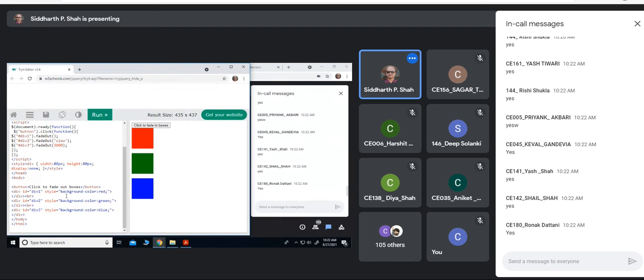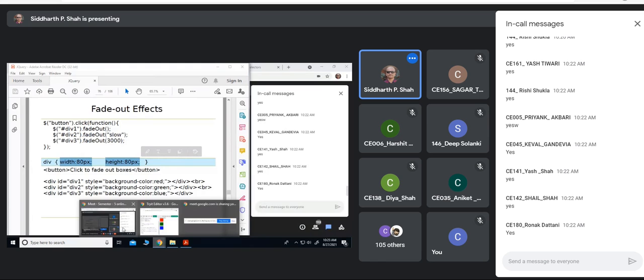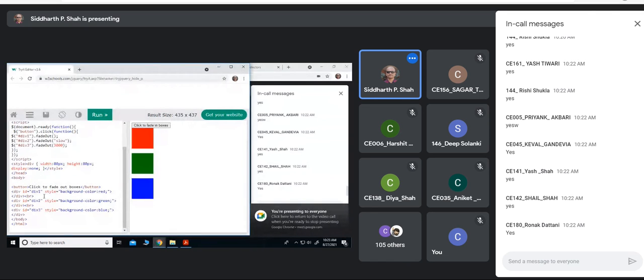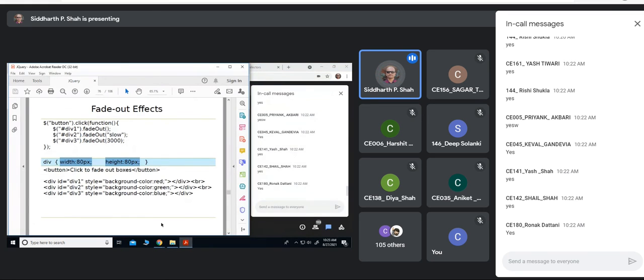This is also different. I just need to remove this part, display none, because initially I want to display these boxes. And then when I say fade out, now you can observe that. Right? So this is fade in, fade out. Simple to understand?